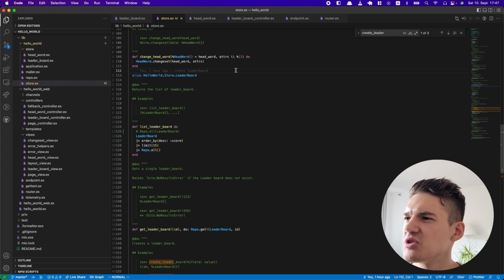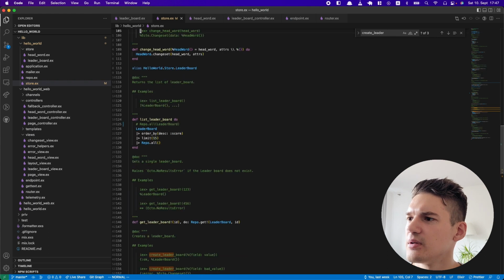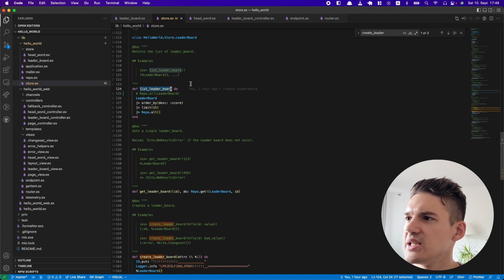The store seems to be auto-generated or something with just everything. So everything will be added here, which I find to be an odd choice. I also added headwords, which are not really related to this project, but they are a little bit. And yeah, so you can see that you can list the leaderboard. This is one of the few changes I did. I changed